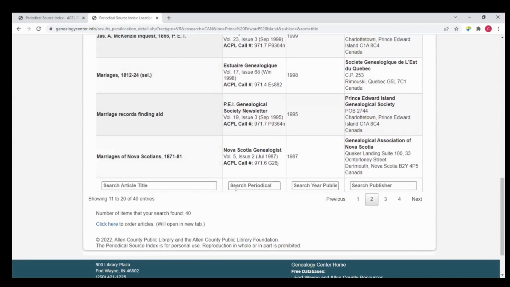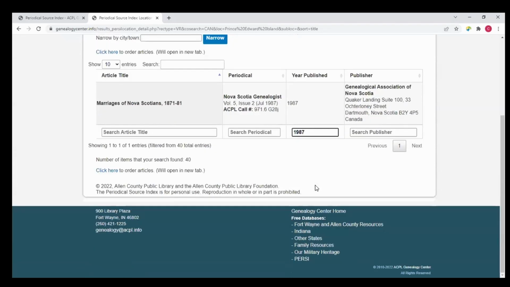We haven't spoken a lot about these search boxes at the bottom. I find these most useful if you have a huge search result set and you really want to find a specific periodical or a specific publisher, or you want to say, I'm just interested in the 1987 publications.